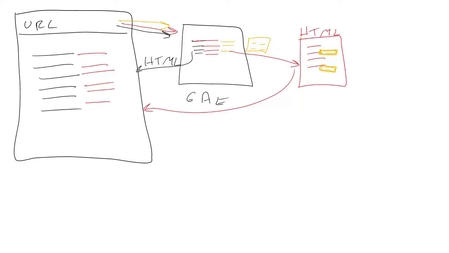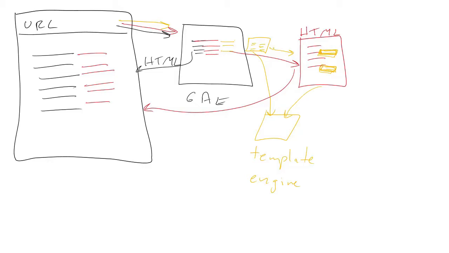This gets sent into a special template engine, which is some Python code that Google App Engine supplies. Here's the template engine. The template engine takes the dictionary and the HTML, combines them by replacing these special characters